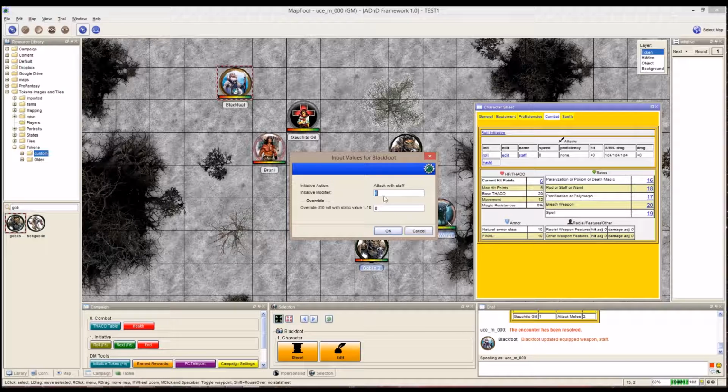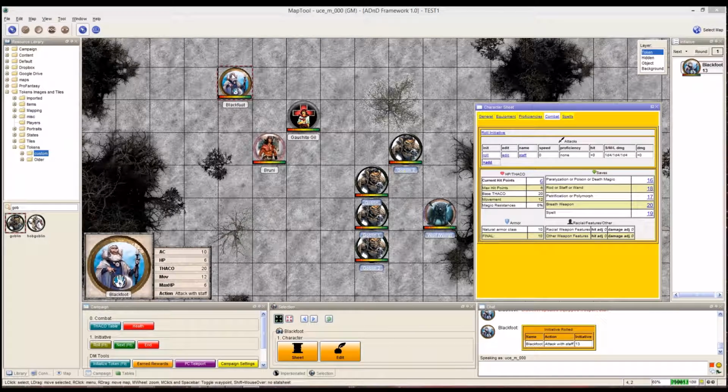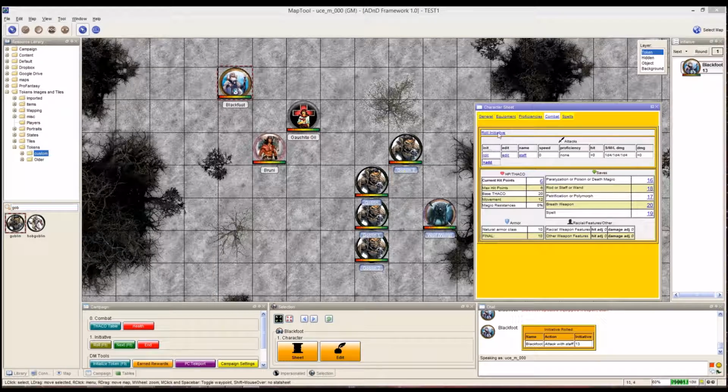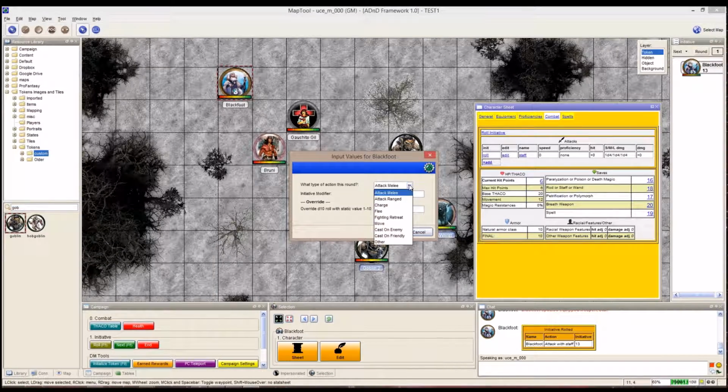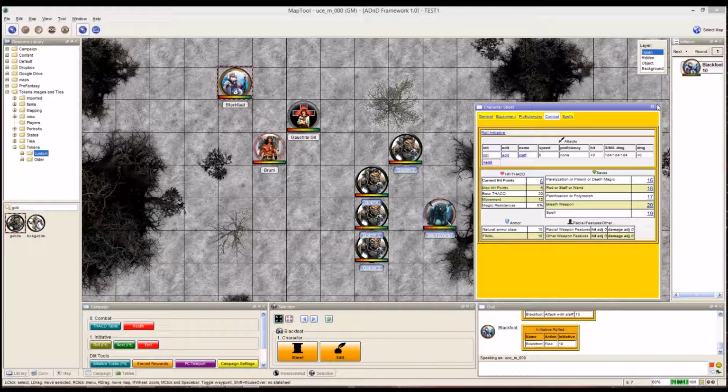Normally this value will be filled by the speed factor of the weapon. Since I didn't set one, it's set to 0, so we'll set 4. And then you can see it says attack with staff, initiative 13. And if you mouse over it, you can see it says attack with staff also. Or you can just click roll initiative, and it gives them the base drop downs and everything. And say he's going to flee, click OK. Boom, boom. And that's really the only difference between the PC